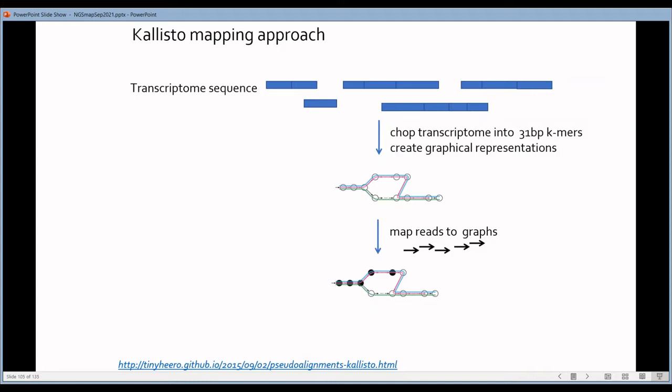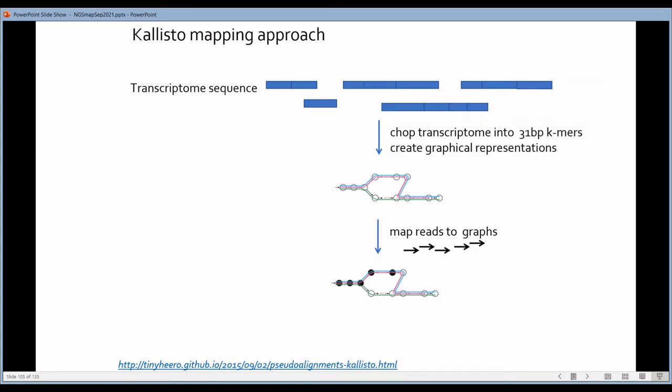And these pieces of sequence are then converted into graphical representations, because it's much easier to align to such a graph than to align to a piece of text. This goes much faster.